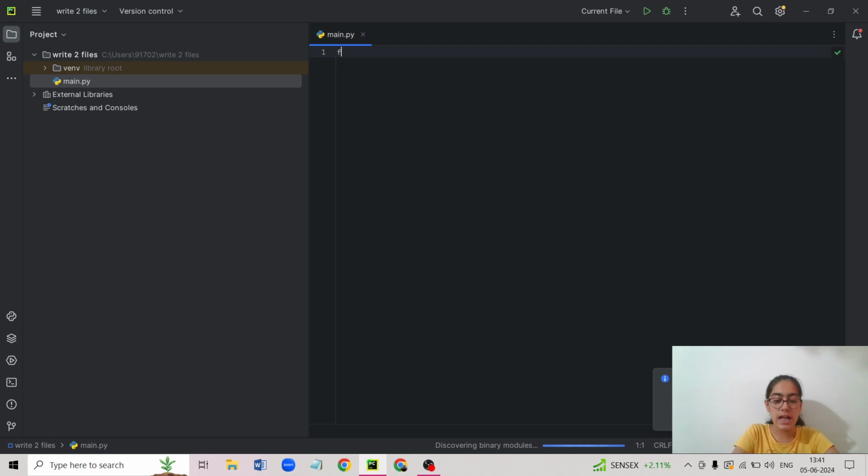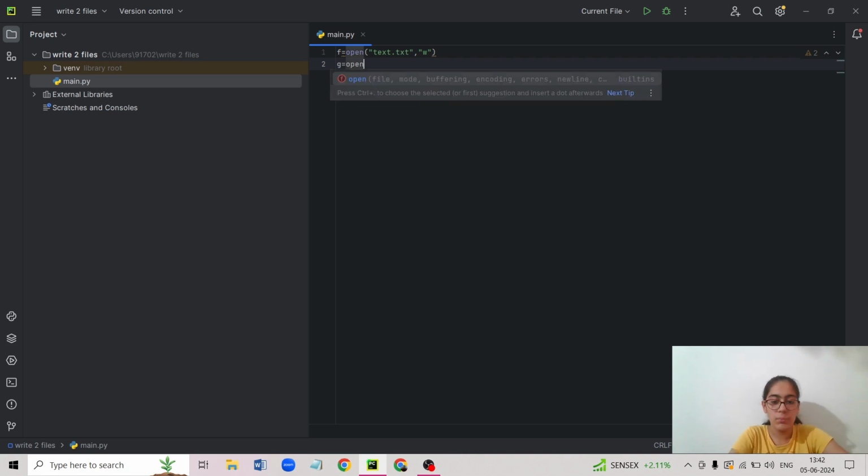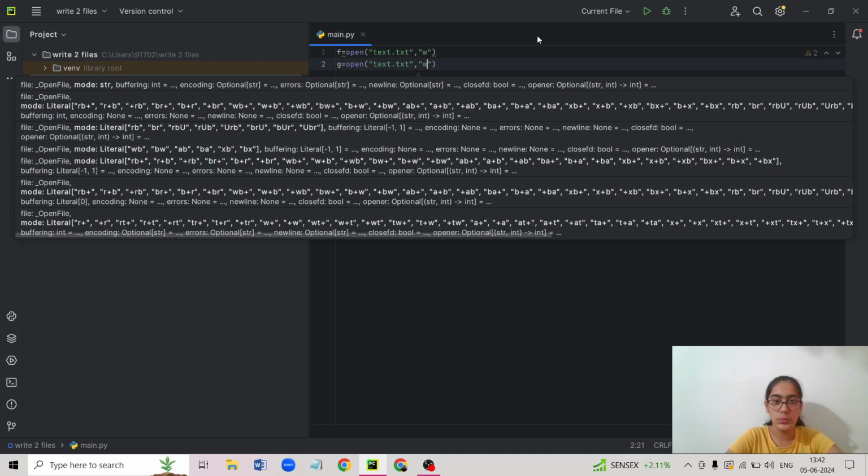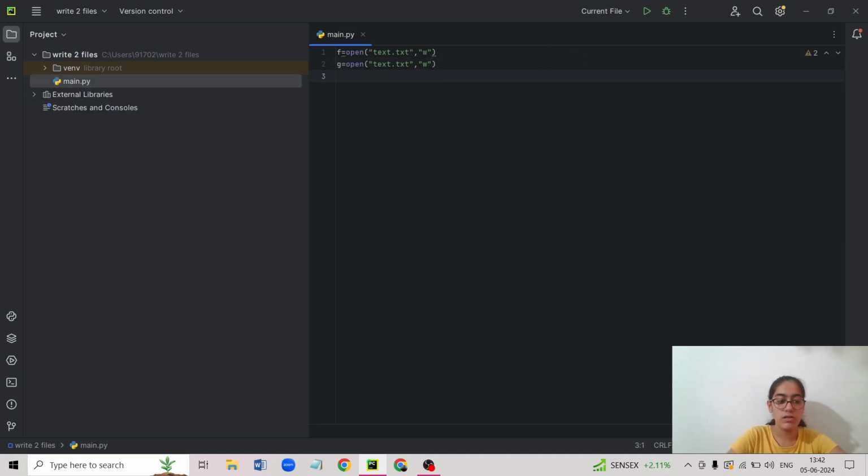Now I'm going to say f equals to open text.txt, comma w, as we told you already. Now g equals to open text.txt, comma w, and then we'll be putting in f dot write hi.